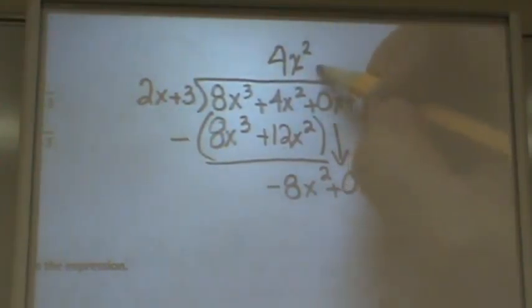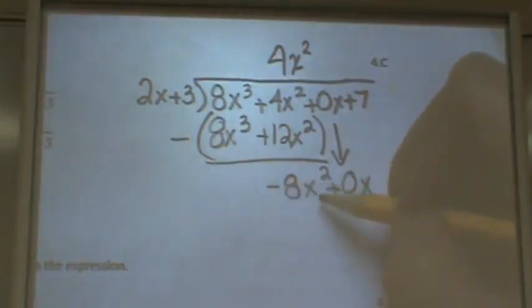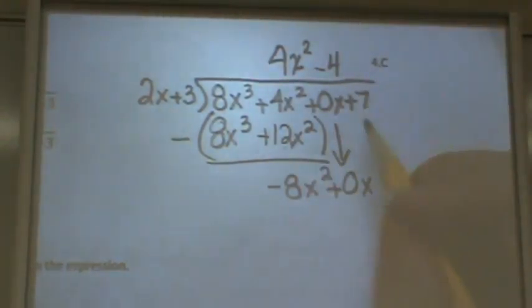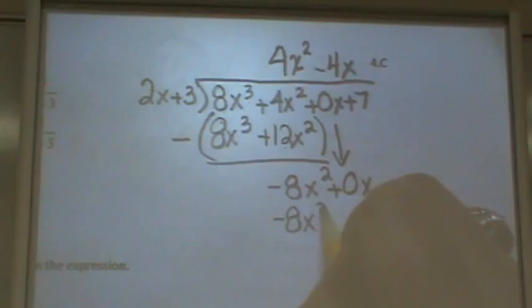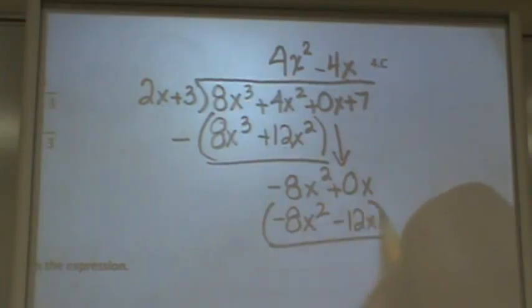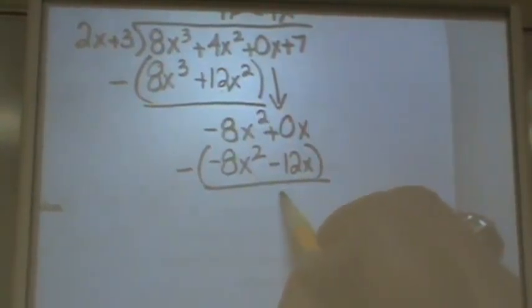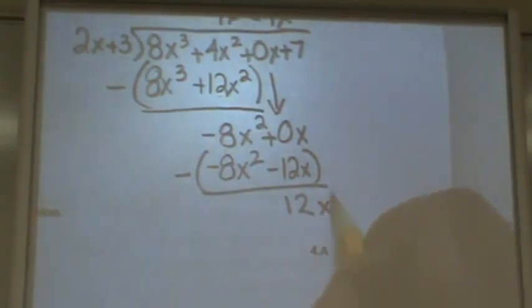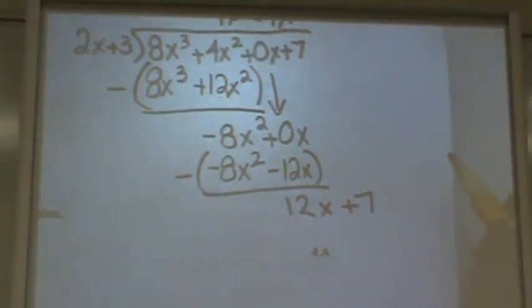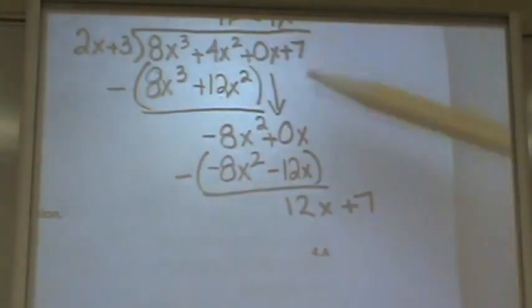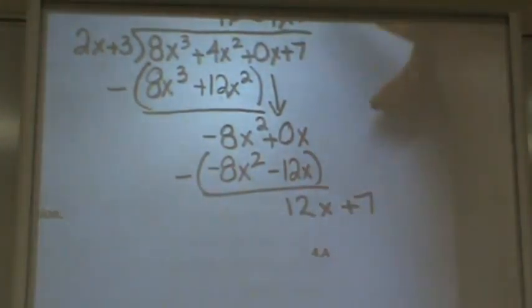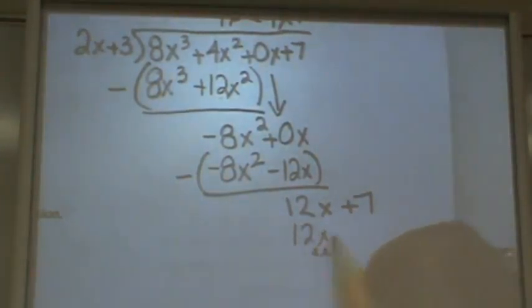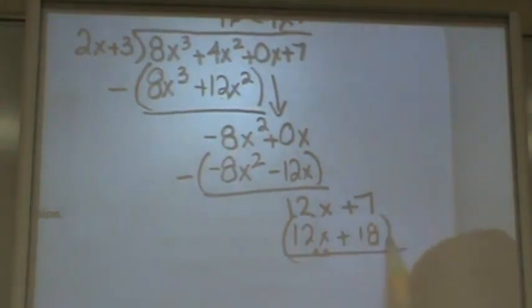See what happens. So we want to get 2x times what is -8x squared. So that would be -4x. So -4x times 2x is -8x squared. And -4x times 3 is -12x. So when we subtract these, this -12x becomes a +12x. And then we're going to bring down the 7. Okay? Now, 2x times what is 12x? And that would be 6. So 6 times 2x is 12x plus 18. And when we subtract these,